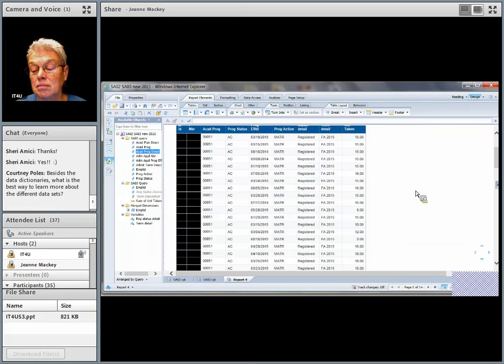Besides the data dictionaries, what is the best way to learn more about different data sets? There's two options. One is to go into MyLink and go into the catalog under reporting and look at our e-learning courses. There's one for each data set on using Business Objects with that data set.